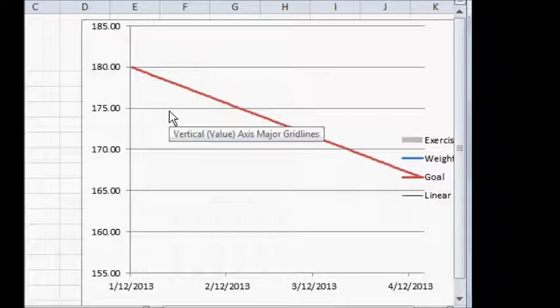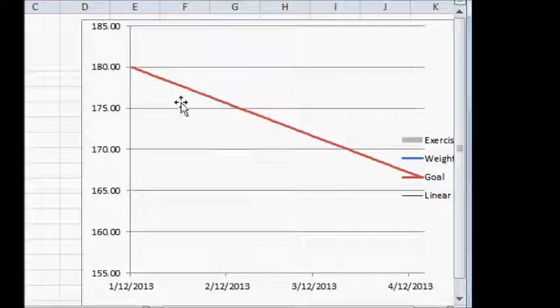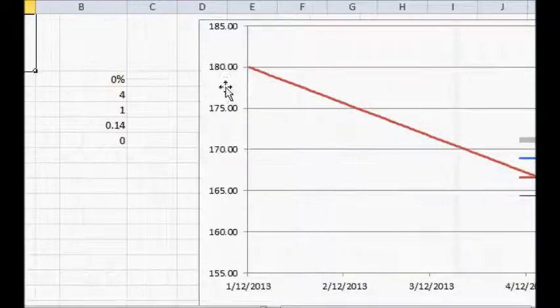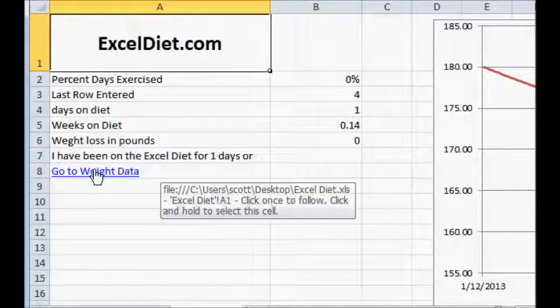So you want to adjust your food intake and your exercising to get yourself below this red line. You also don't want to get too far below the red line, because if you do, you'll be losing weight too quickly. So you want to stay as close as possible to this goal. So I'm going to go back to the weight data. I can click here,